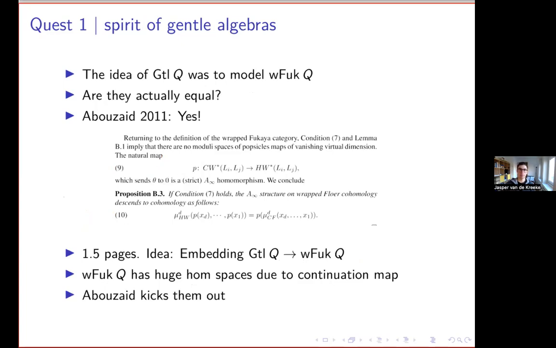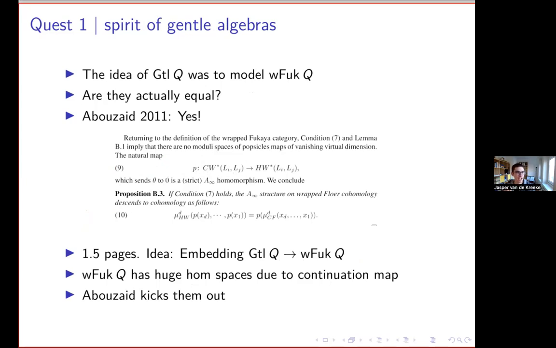Okay, so what's the spirit of gentle algebras? Why do we do this stuff? The idea was to model the Raf-Fukaya category, but are they actually equal? And Abu Zaid in 2011 showed in a 1.5-page proof that this is indeed the case. What was his idea? He said, okay, so we are going to look at the Hom spaces in the Raf-Fukaya category,